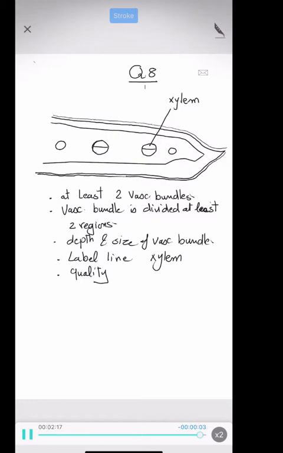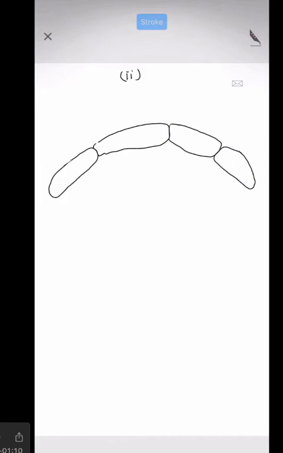Number 1, the line should be clear, single line, no overlap, no defects. Number 2, the drawing has no shading. Number 3, the size of the drawing should be big enough and clear enough, filling almost all of the space allowed for the drawing. Of the question, he asked you to draw 4 cells forming a part of the resin